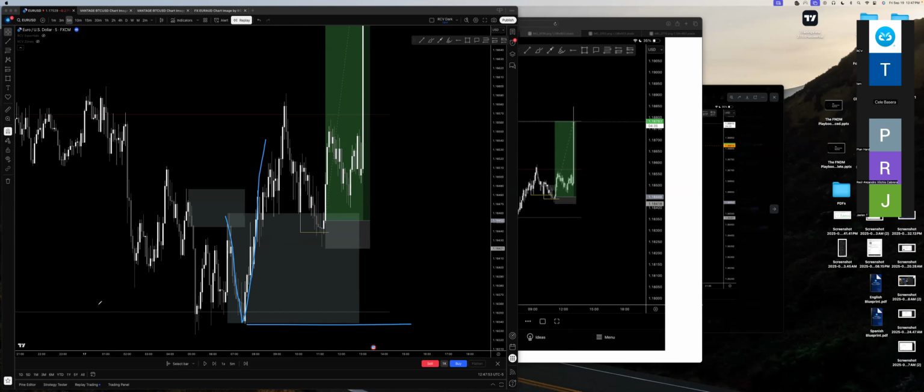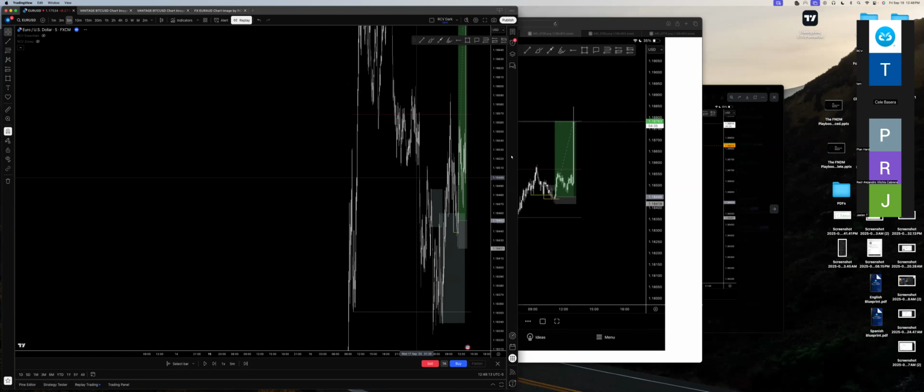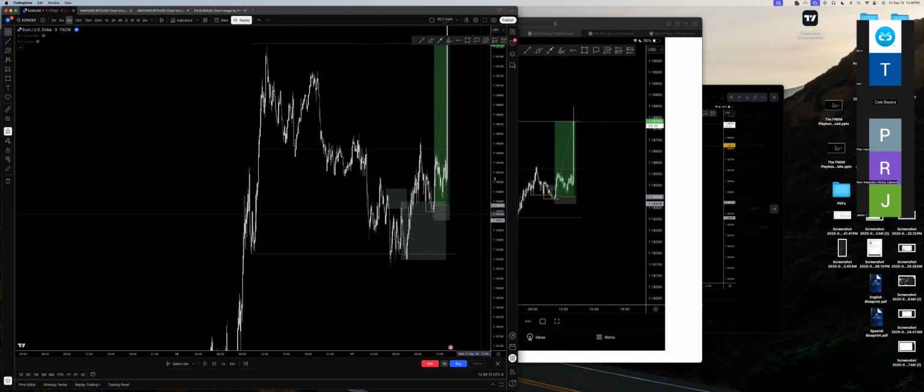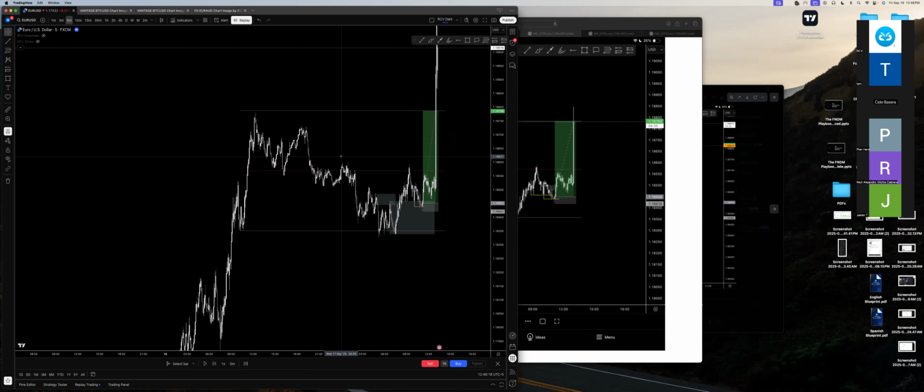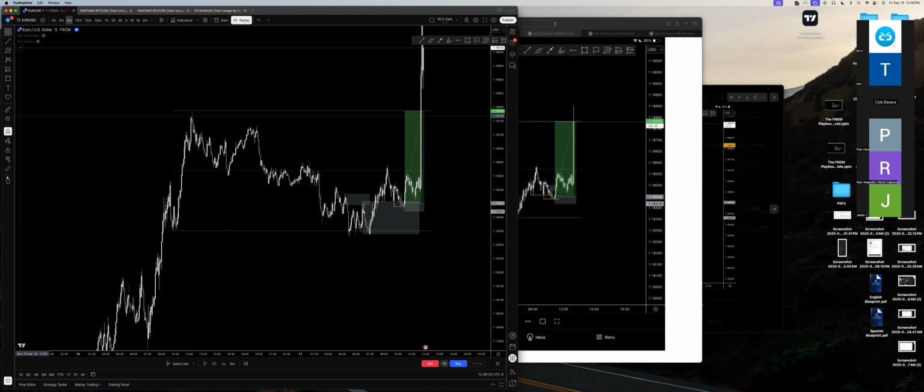unless I do have a stop loss at invalidation, and if that invalidation is hit, then I'm completely out of the scenario. But like I said, we took one loss here, took the second engulfing, and then from here we just continued price into the upside, and my target being the high of the range. And this one went even further as well, but this is more so the textbook setup.